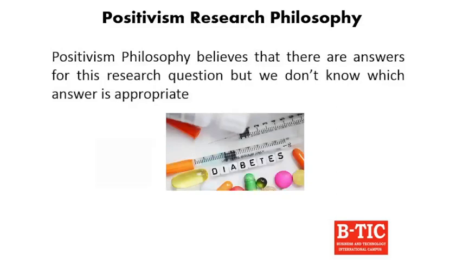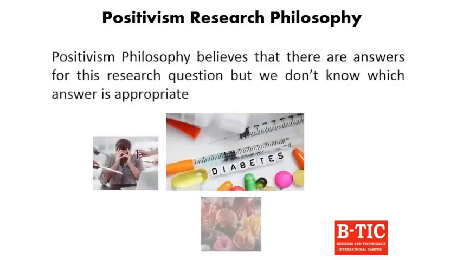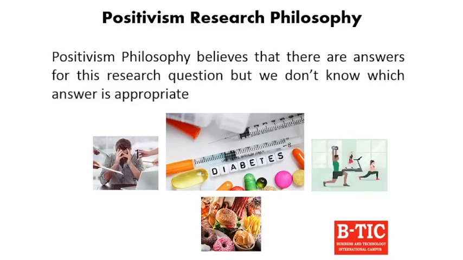there are theories. Stress level can be the reason, food consumption can be the reason, exercise can be the reason, or there are multiple things. So this positivism approach will pick all these answers and test one by one and finally find out what is appropriate, what is influencing the blood sugar of this particular guy specifically, because the stress level doesn't influence the blood sugar of every single diabetic patient. For some of them it is stress level and for others it is exercise.